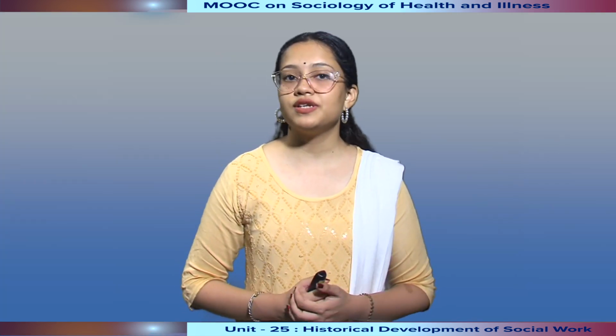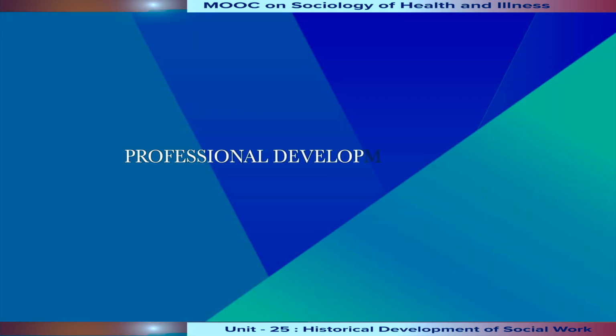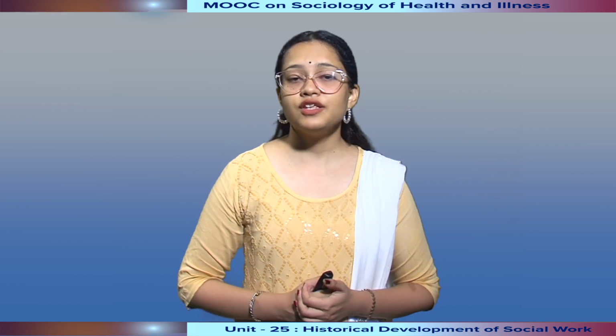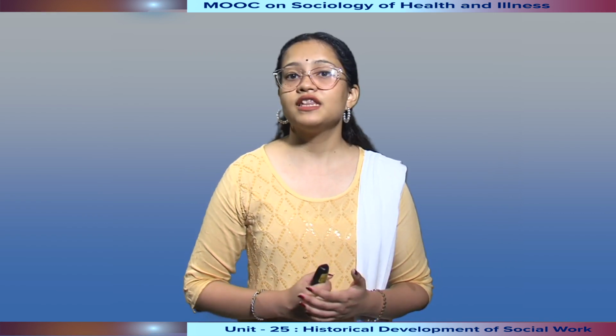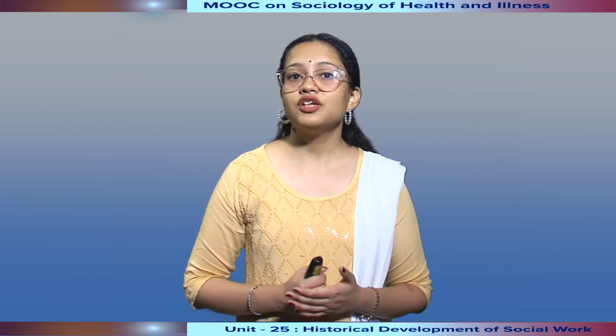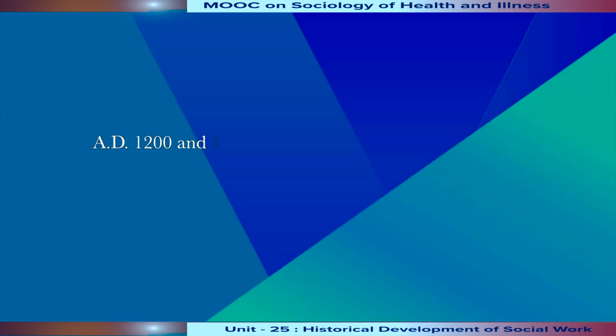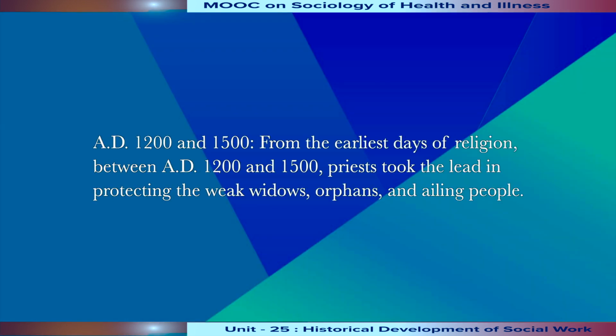Now we are going to discuss professional development of social work in United Kingdom. The history of social work in the United Kingdom had gone through the following phases: 1200 to 1500 AD. From the earliest days of religion between 1200 and 1500 AD, priests took the lead in protecting the weak widows,